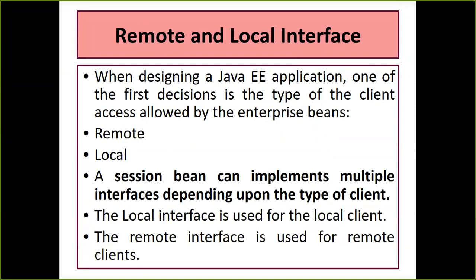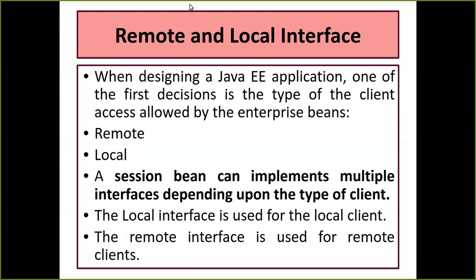Okay, now the next concept is the remote and the local interface. If you remember, we had the whole diagram of the EJB container. In that we had the EJB client, and inside the server we have an EJB container. Always remember when I talk about servers, let's consider which server we are using. We are going to use the Glassfish server basically. In that Glassfish server, there are defined containers available for different technologies. We have a container for servlets, a container for JSP, and also a container for EJB.